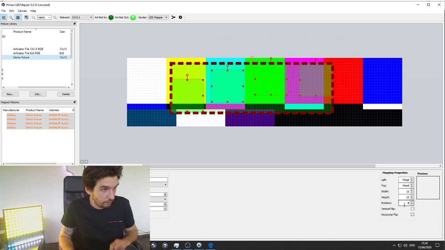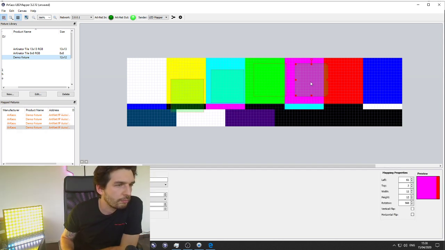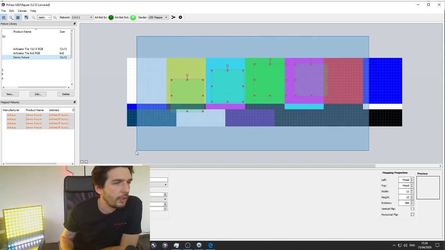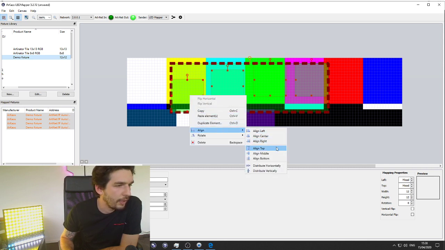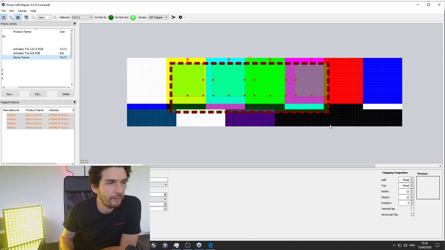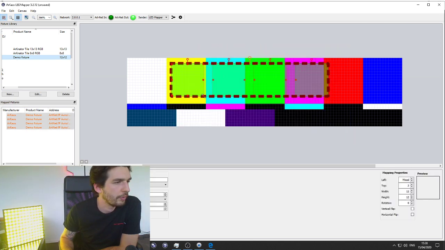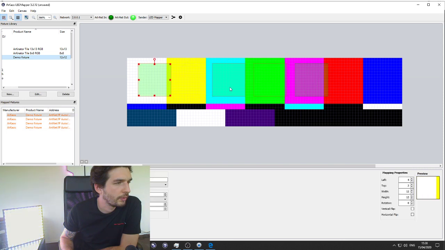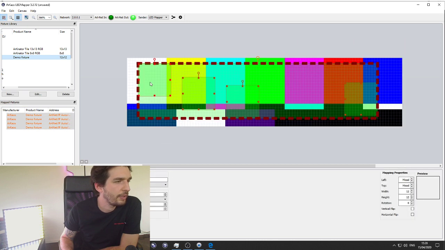Ooh, 360. All right, 4 fixtures. Okay. Multi-selection. Right-click, align to top. All my fixtures are now aligned to the same pixels on top. I'd like to spread my fixtures evenly right here.